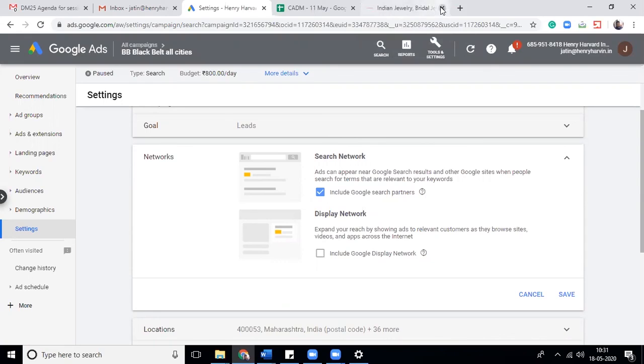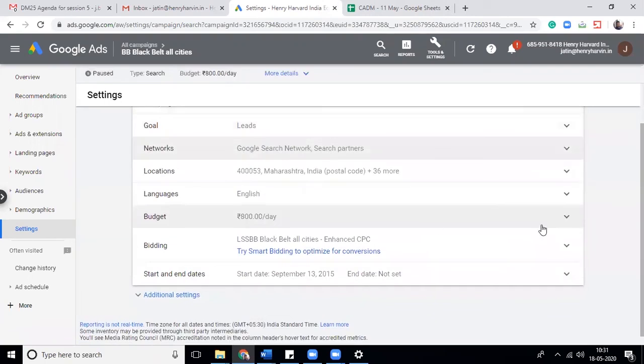To avoid that suffering, what you can do is make two different campaigns, one for search and one for display. Then save it. Next is